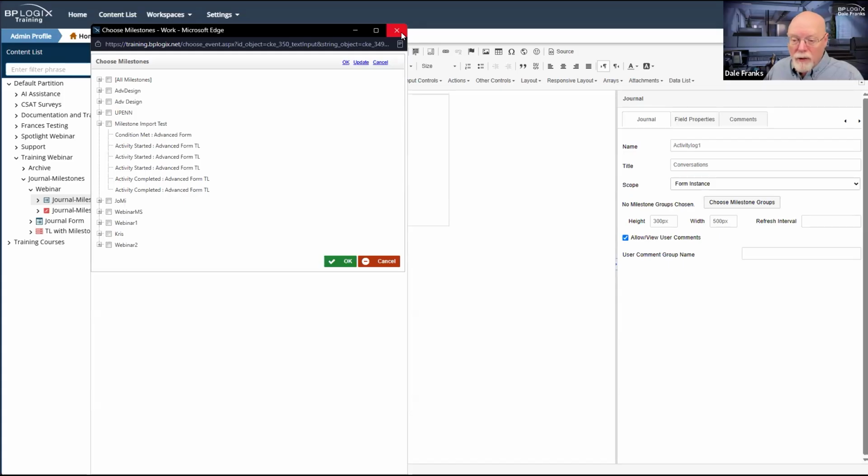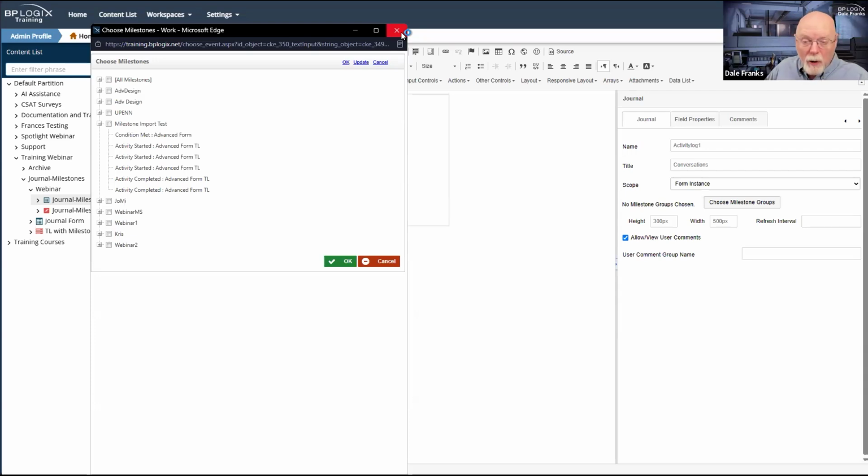At this point, for this process, I have created none. So I have none to select, but ultimately I am going to have one, and I am going to have to select it so that I can display those milestones inside the journal control. So unlike the comment log, which can only take these individual comments, we not only have the improvement of threaded comments, but now we have the ability to track these milestones inside the journal control so that we can display them along with any threaded conversations we have, and we may or may not allow threaded conversations.